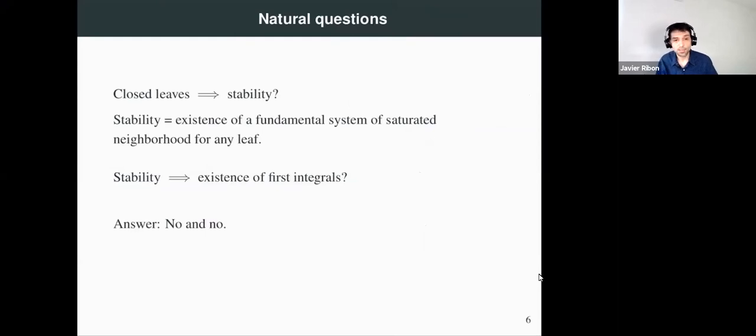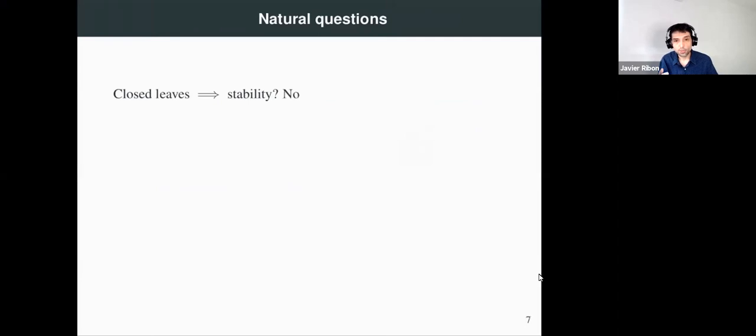It's not true that closed leaves implies in general stability, and it's not true that stability implies existence of first integrals. It's true under certain hypotheses that I'm going to comment on later. So the first question, closed leaves does not imply stability. And we are going to introduce an example, okay? We consider this should be the torus here, okay? Torus T2,